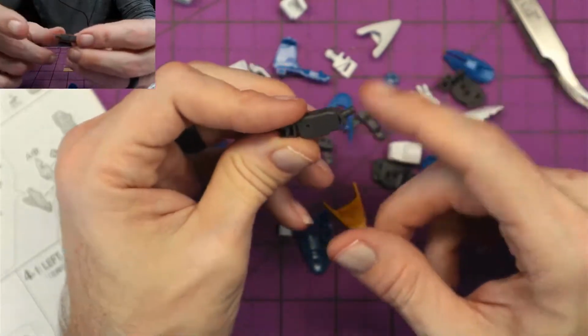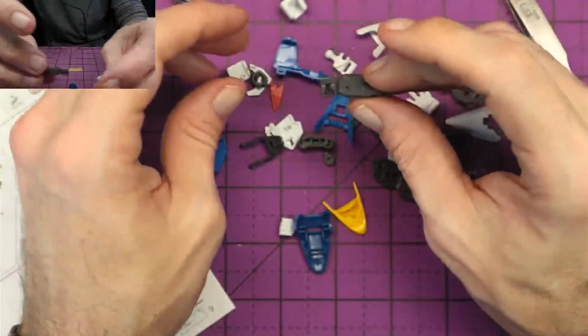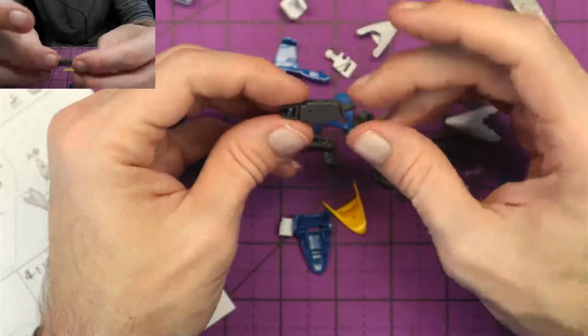And actually, with the way this goes together on the arm joints, that I'm just now realizing is you don't have to worry about masking any of this because the way it all pops together, you can paint all your